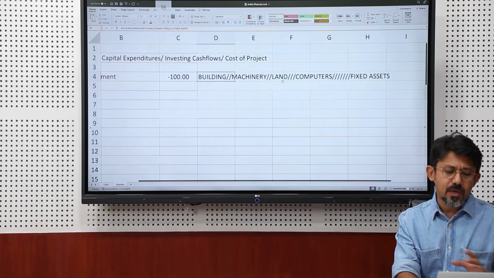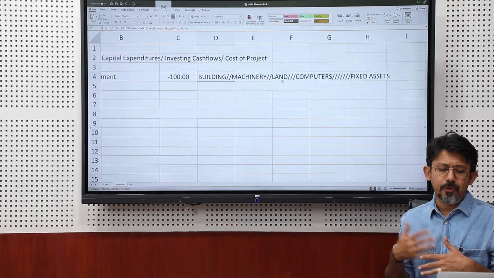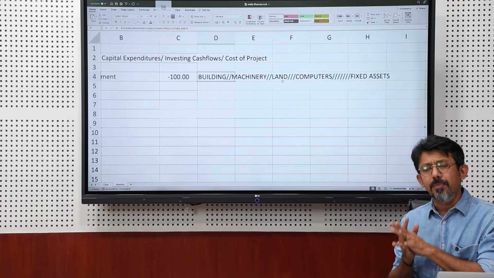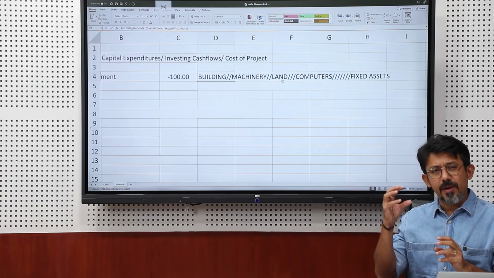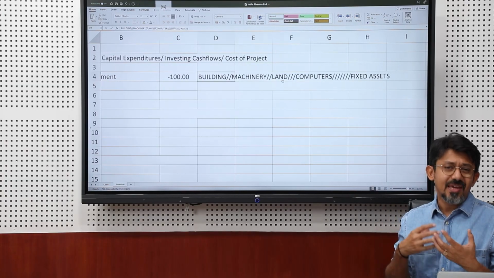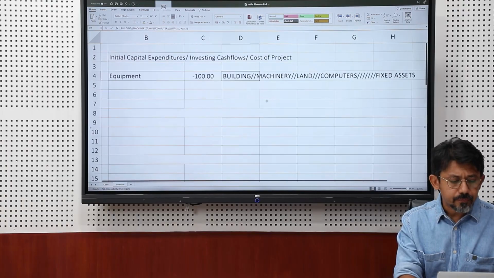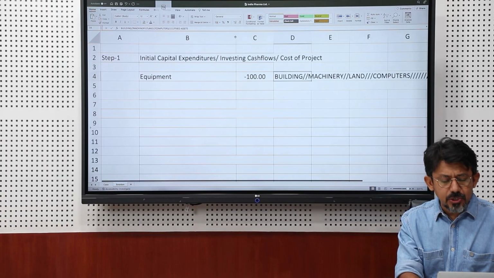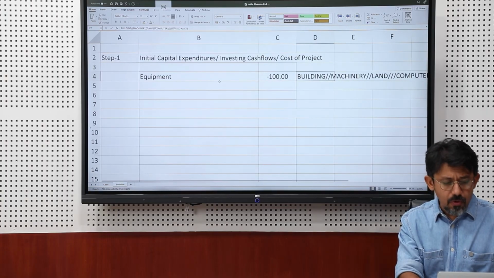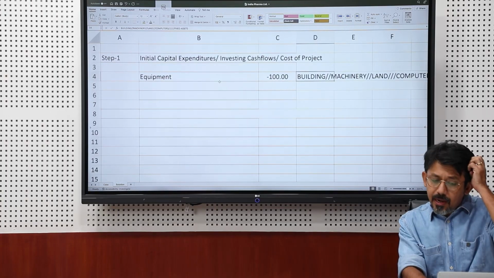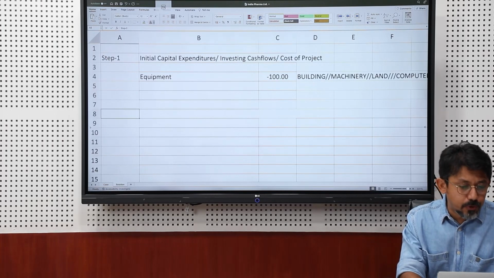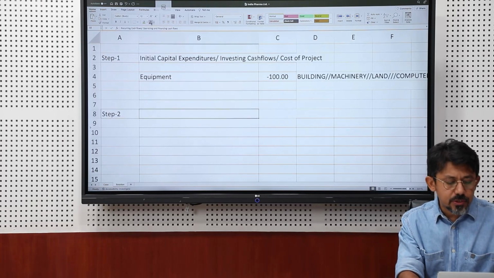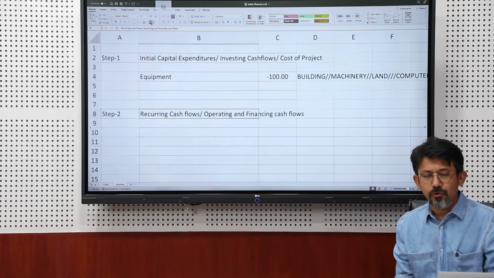So, all of this building, machinery, land, computers, fixed asset, you have got to probably look at those breakups if the case gives you that kind of information. All right. This is the information available to me as of now. I am parking this 100 million and moving on to step 2, which is known as recurring cash flows, those